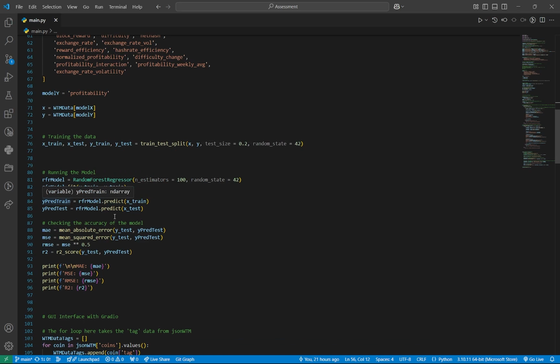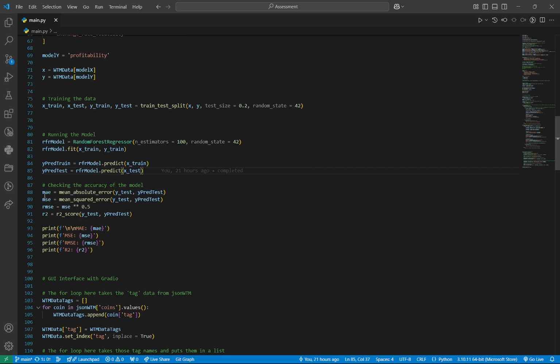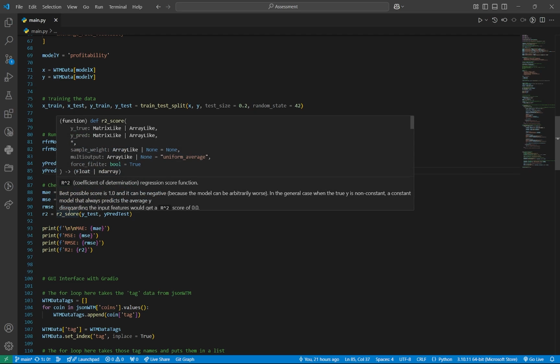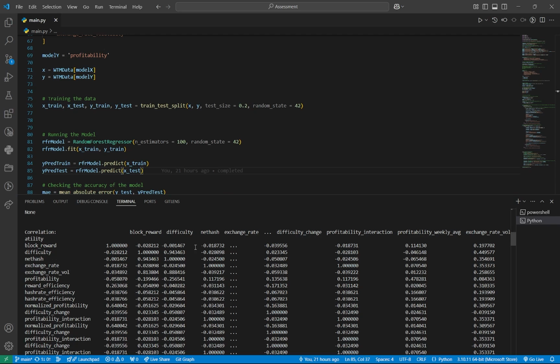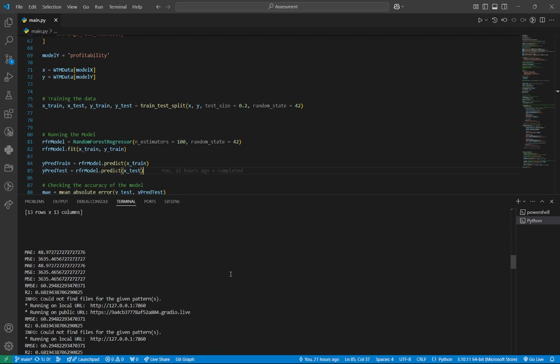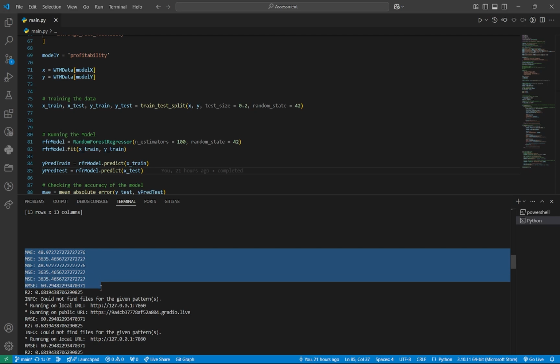Right. So moving forward, I ran the program. I ran the algorithm, and then I used mean absolute error, mean squared error, and root mean squared error, along with R squared to give me the accuracy, which is all here. It duplicated a little bit, but as you can see here,